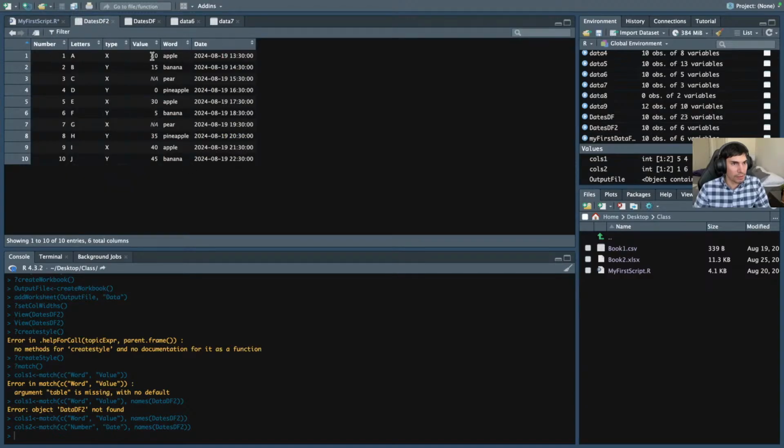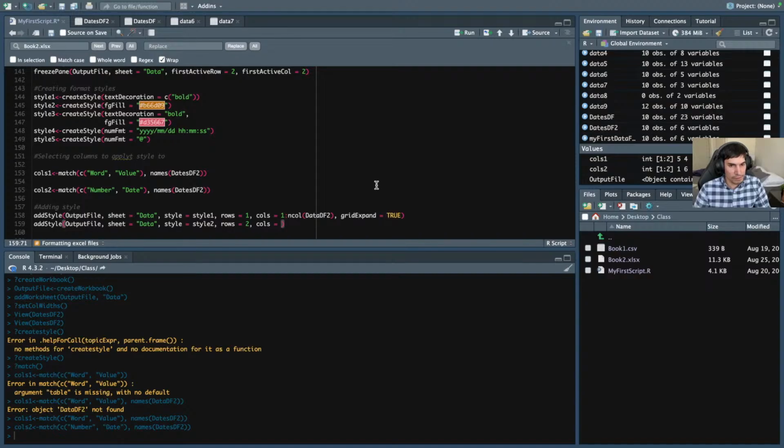Number, date, word value. Let's say type. So type,